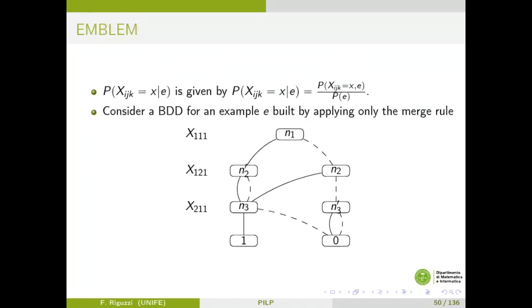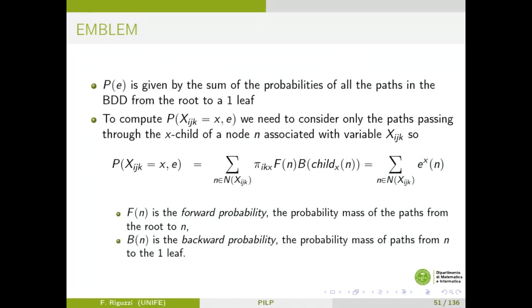So consider this BDD. Okay, the probability of an example is the sum of the probability of all the paths that go from the root to a one leaf. Okay. So, since we want to compute a joint probability, and we want the Boolean variable xij being either 0 or 1, we can do it by considering only the paths that go through the x child, where x is 0 or 1, of a node n